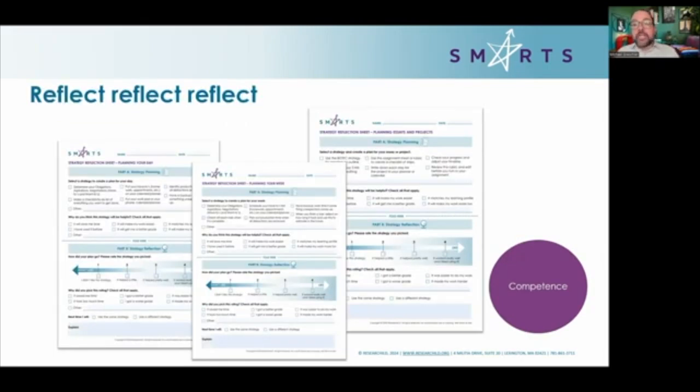So in time management, the key to that, and actually everything with executive function, is reflection. Reflect, reflect, reflect. What do you want to do? How did that go? What do you want to do? How did that go? The questions we ask to develop self-understanding are not rocket science. What strategy will work best for you? Why? How does that match how you learn best? How did that go? And what would you do differently next time?